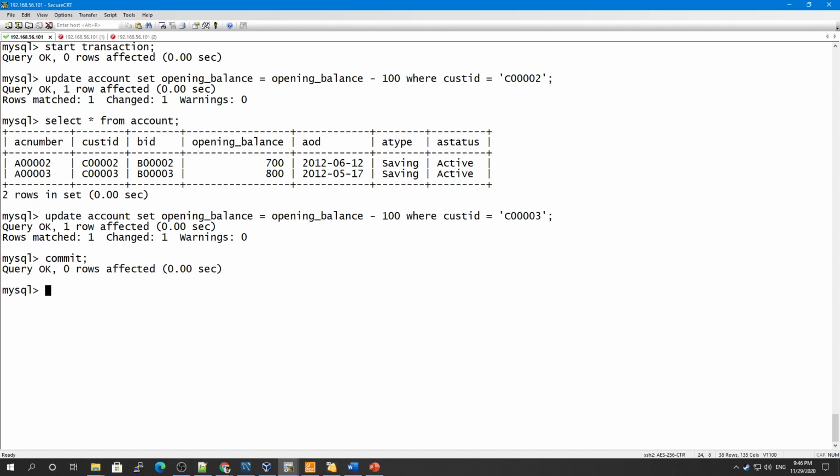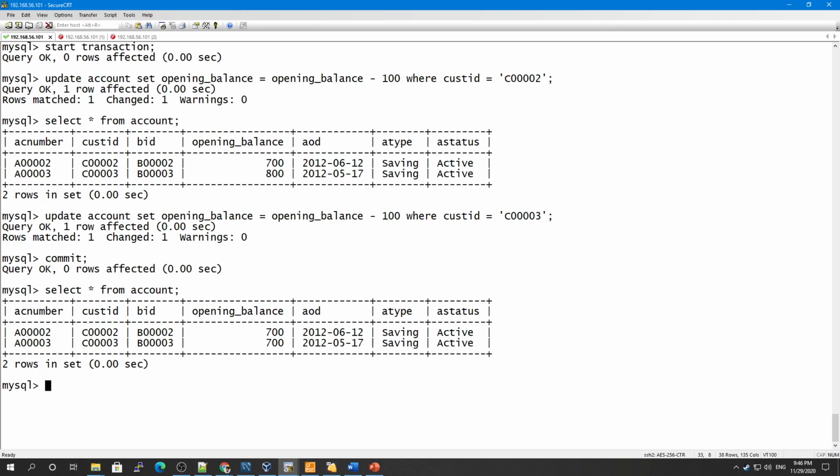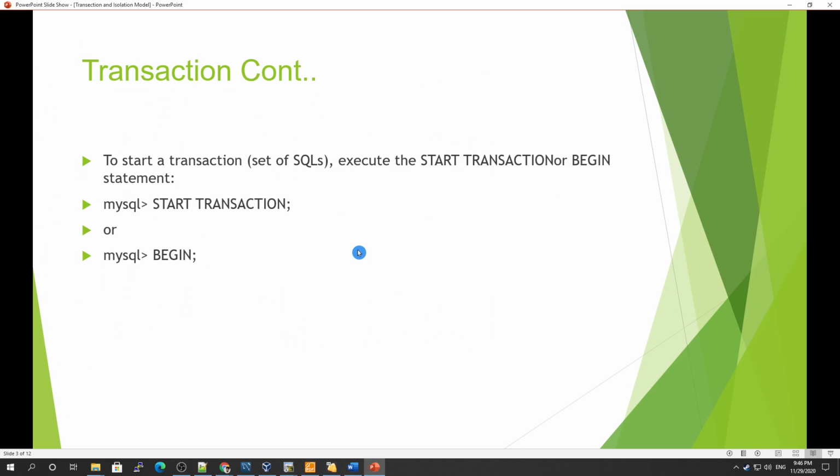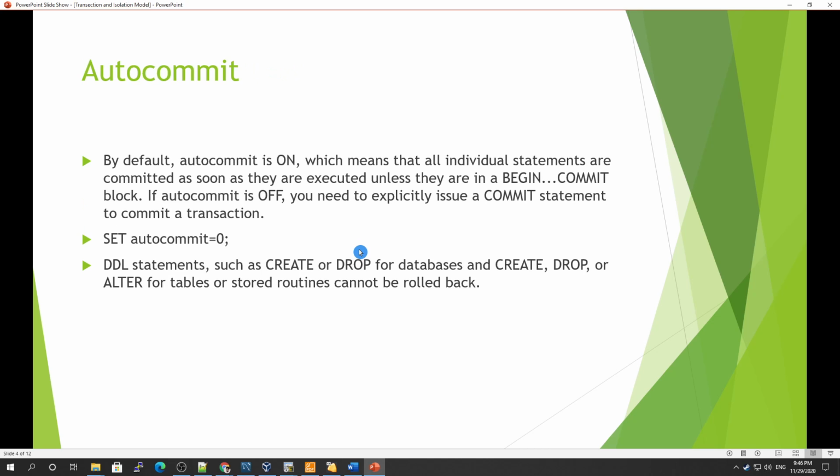Okay, so the next thing we have is Autocommit. Let me show you what my value is now. So they are 700 and 700. Autocommit is on by default, which means that all individual statements are committed as soon as they are executed, unless they are in a BEGIN and COMMIT block. If Autocommit is off, you need to explicitly issue a COMMIT statement to commit a transaction. So if you set Autocommit equal to 0, then you have to explicitly fire the